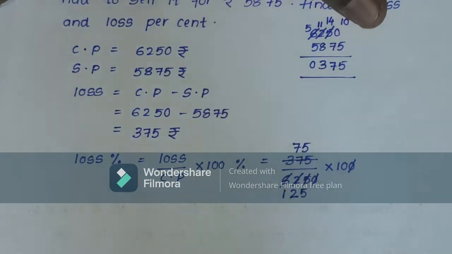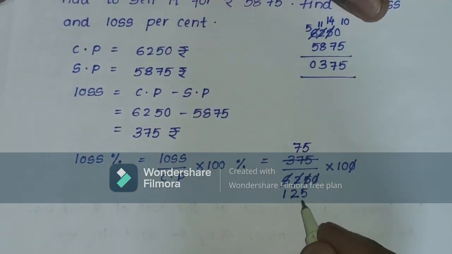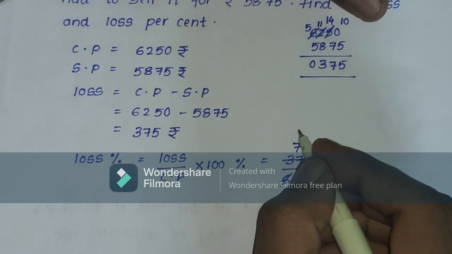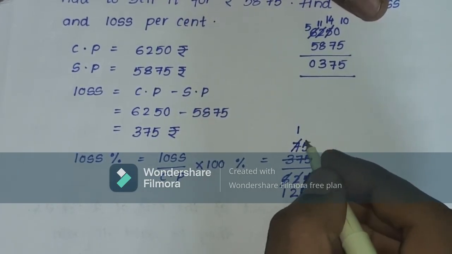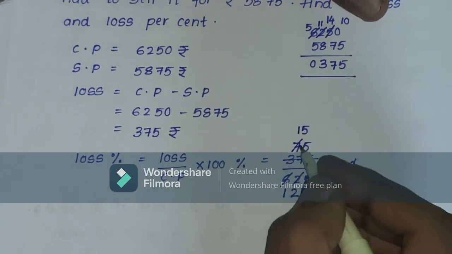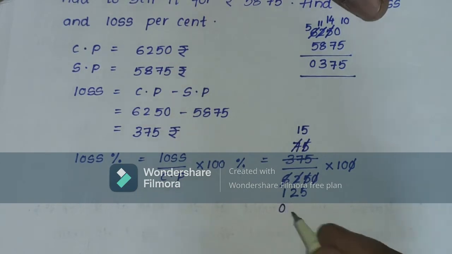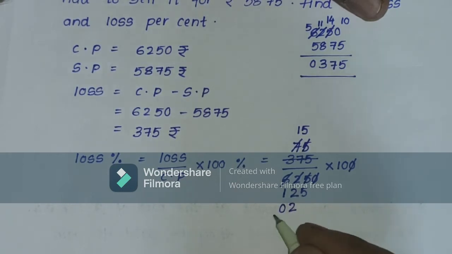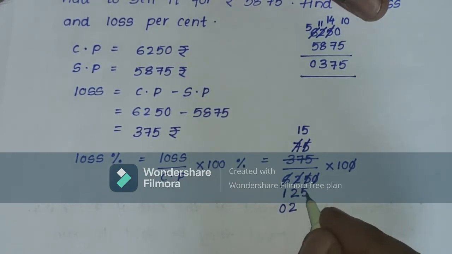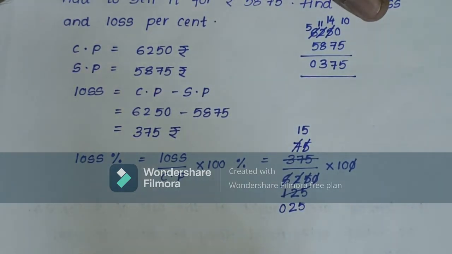This is how we're gonna cancel the denominator. Again student, if you see they both are divisible by 5, so let us move one more time. 5 1s are 5, but 2 is pending, so this will become 25. So 5 5s are 25. Now 5 zeros are 0. That means 1 is pending. I gave 1 to this 2, so it will become 12. That means 5 2s are 10. But 2 is pending again, so 25. So 5 5s are 25. This is how we cancel the denominator.